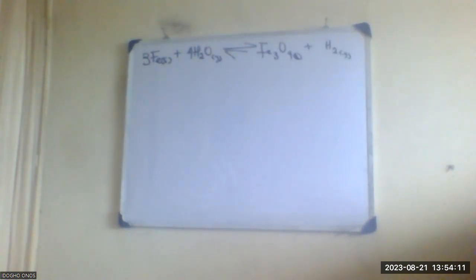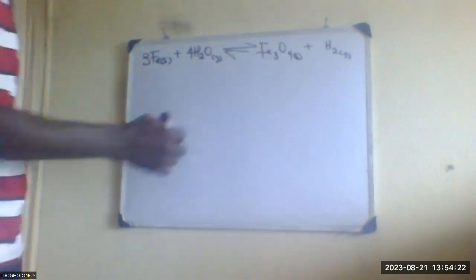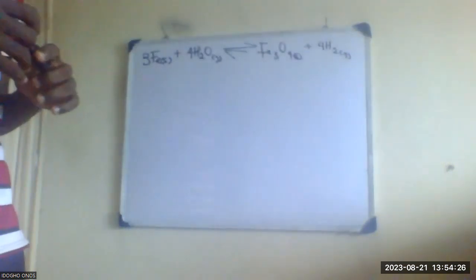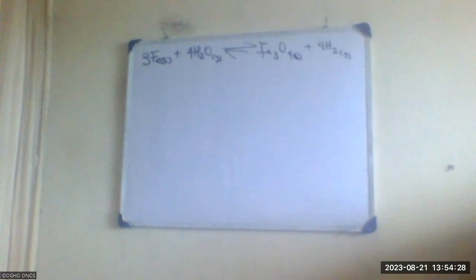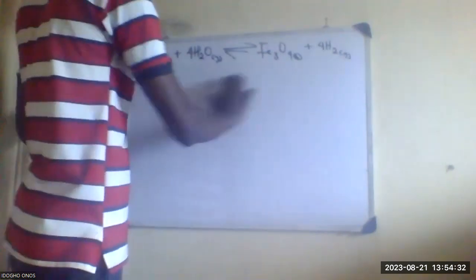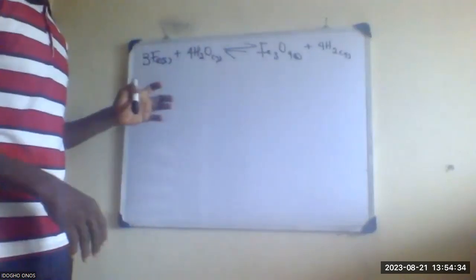It's not balanced. So what is the balanced state of that equation? 4H2. Okay, the last H, 4. Are you with me? Yes, I'm with you. Okay, so the question here now is that in the above equation, an increase in pressure